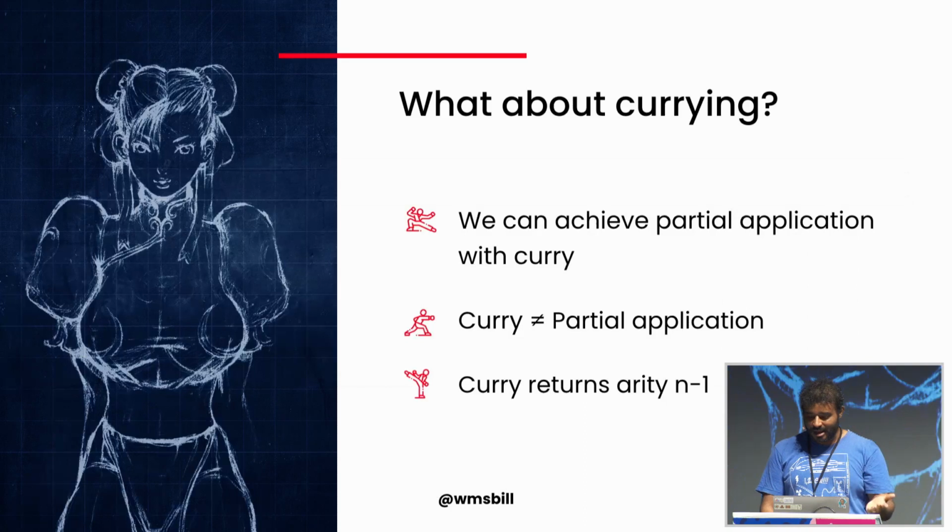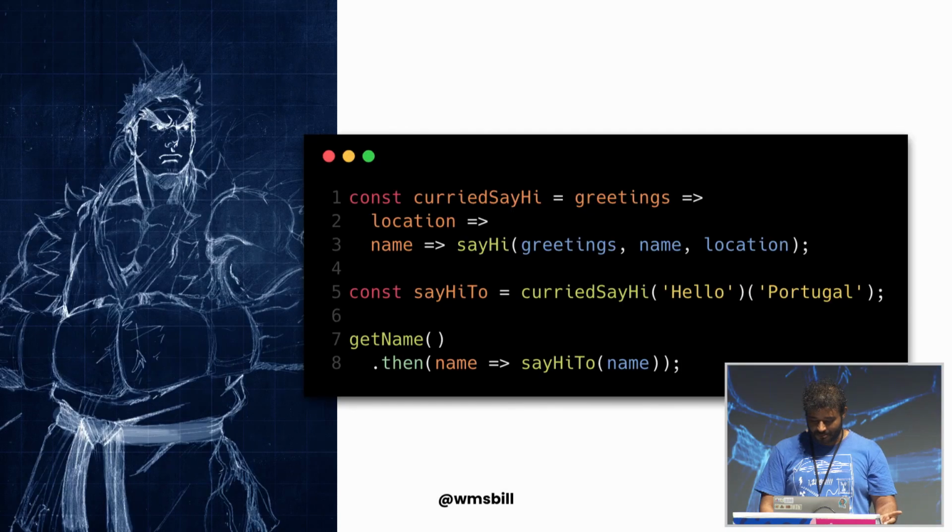And someone can say, yeah, but we can solve this with curry. Yes, we can. But you need to remember that even though currying is a way to achieve partial application, it doesn't mean that currying is partial application. Each time you curry a function, we receive another function that takes n-1 parameters. And in that previous example, let's say I want to just bind the first and the last parameter, so I can write these three first lines of code.